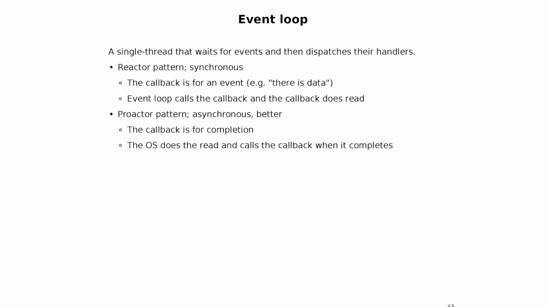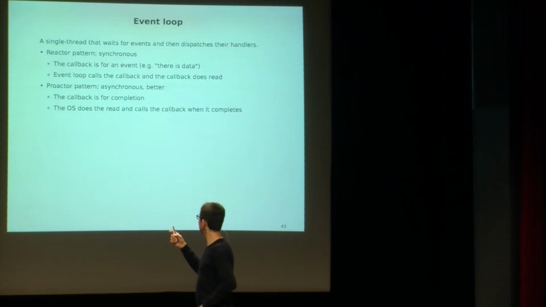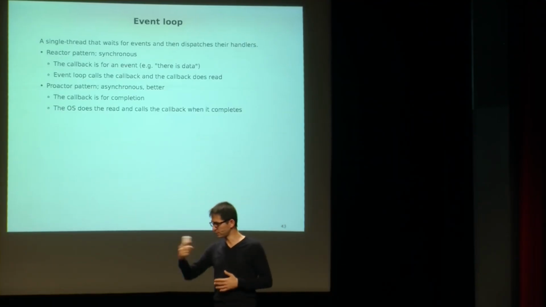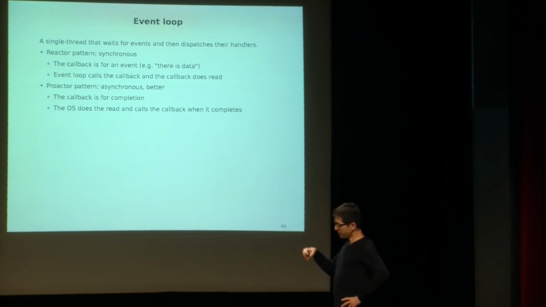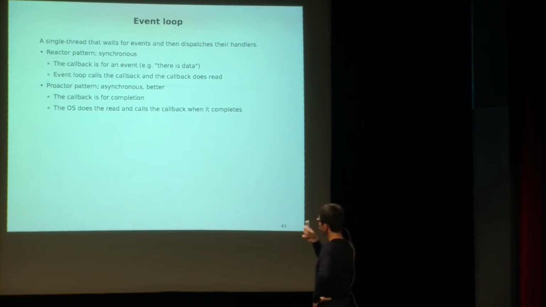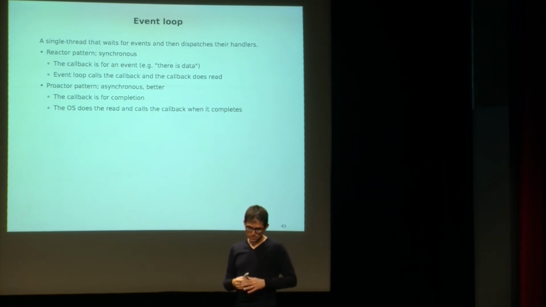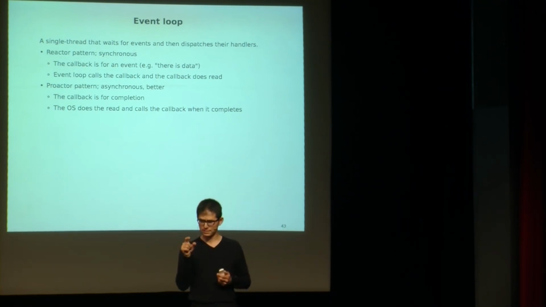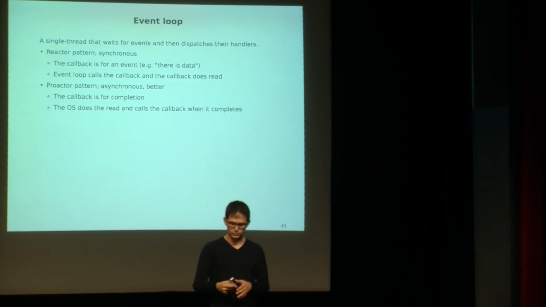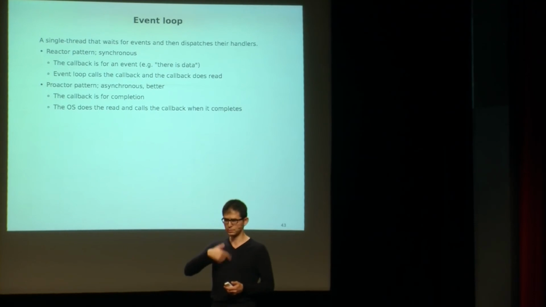The reactor pattern is synchronous. You're sitting in an event loop, something happens, and you call a callback saying, this happened. So that callback executes, comes back to you. You pull another event, oh, that happened, and you do these things. You call another callback and wait for it to complete. So the better pattern is proactor, where the callbacks are set for completion. You're in your event loop. I hope Zönka and others can tell me if I make a mistake here. You pull an event, you dispatch what it needs to do, and come back to your event. When that completes, you get a callback executed.